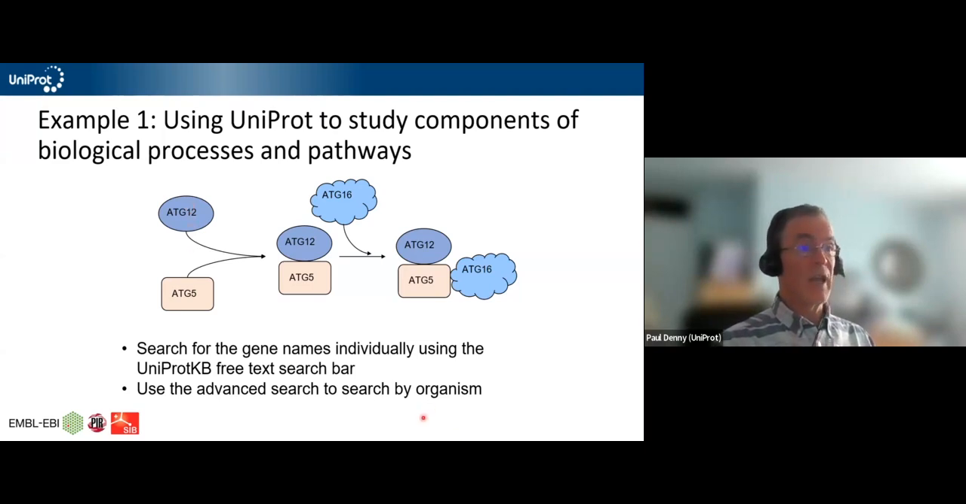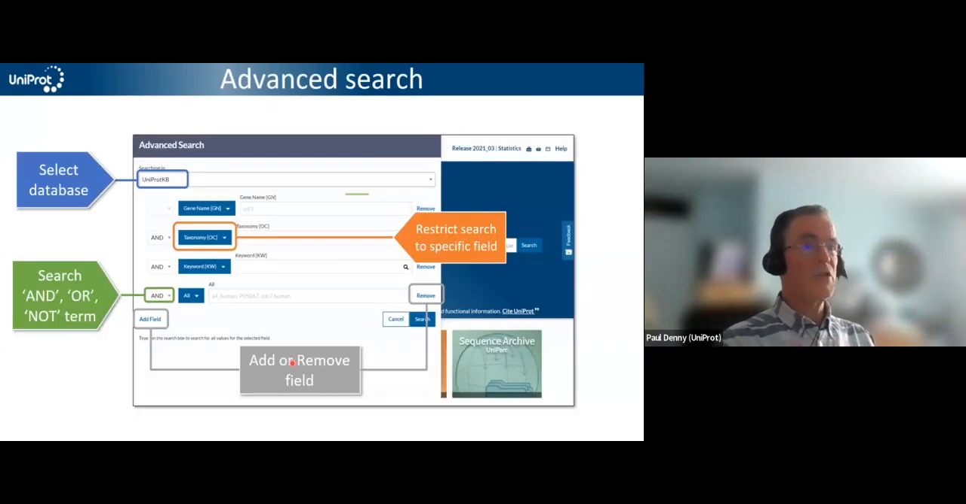So you can search for gene names either one by one in the search bar, as we just saw a moment ago, or you can do a more advanced search. So this is an example of an advanced search where you can select which particular database you're going to search in. You can choose a whole range of different fields. So that in orange here is the taxonomy box. So we could choose to say,